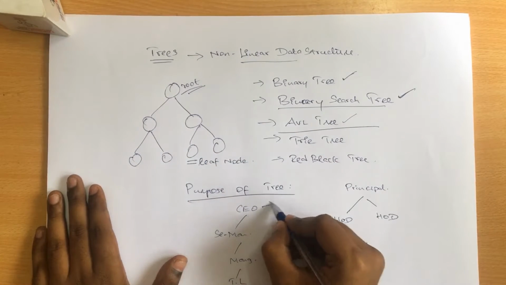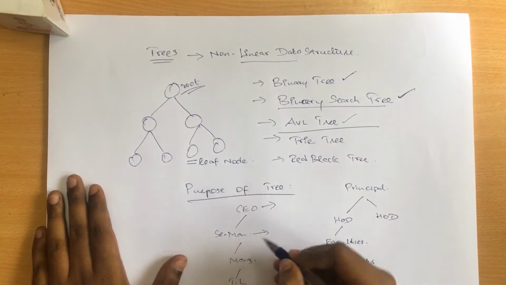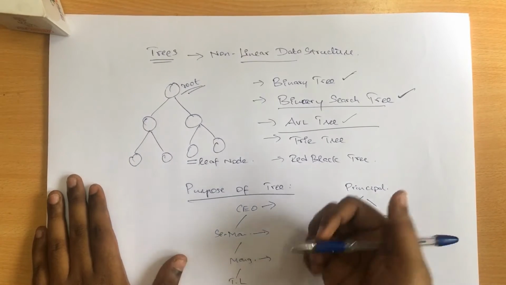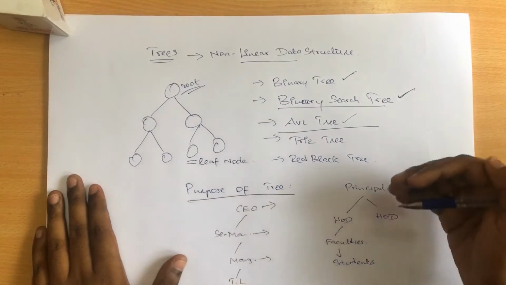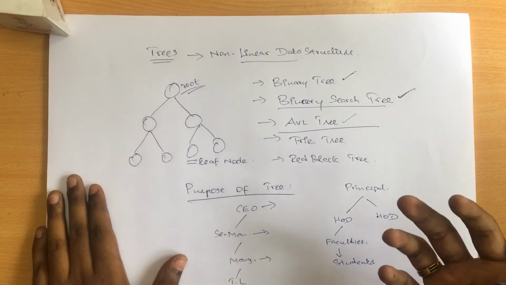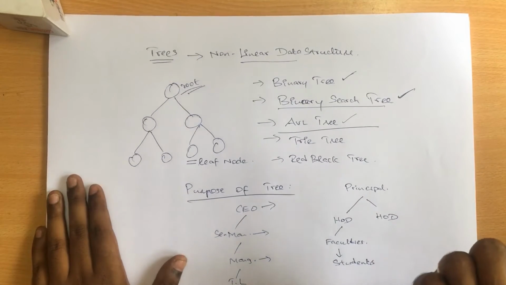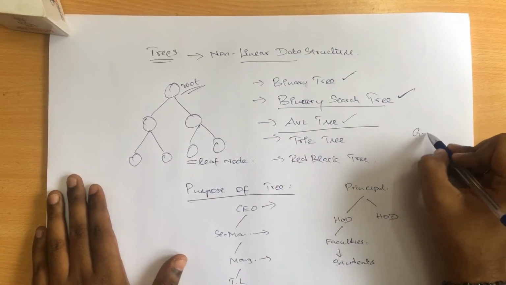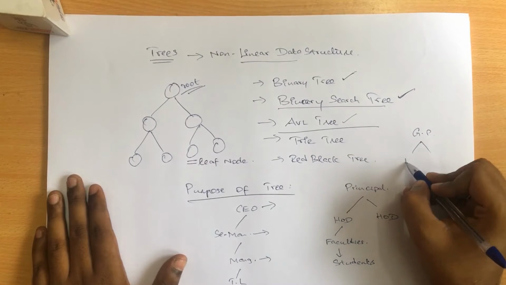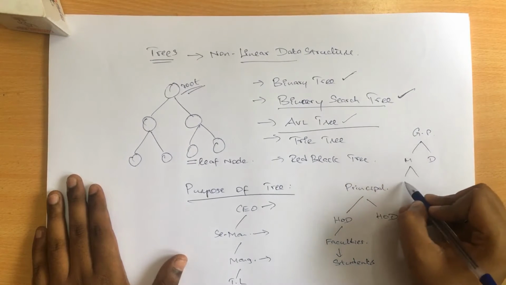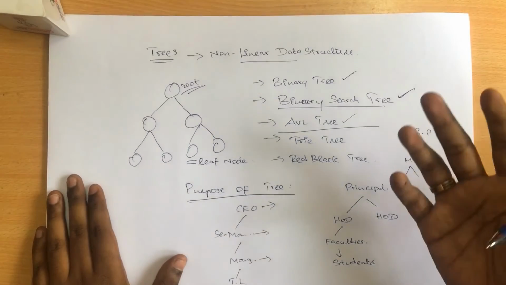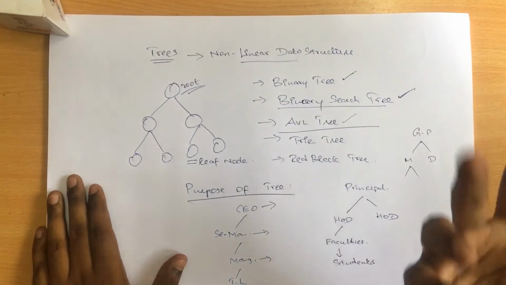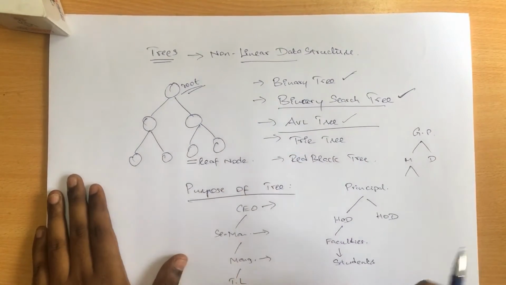Here CEO is the top level in a company and senior manager is the next top level, and we have further levels in a company. Same way in the colleges also. So wherever we consider the hierarchy, or even in our family, we have our grandparents, right? So we have our grandparents, followed by that we have our mom as well as dad, followed by that it is going to be us as well as our brother or sister or whatever our siblings are going to be, right? So this is how our family chart works.